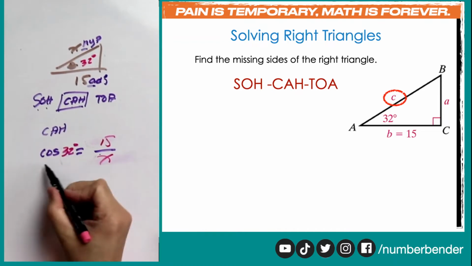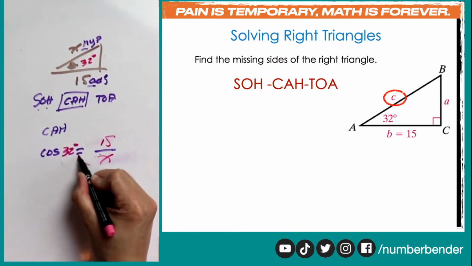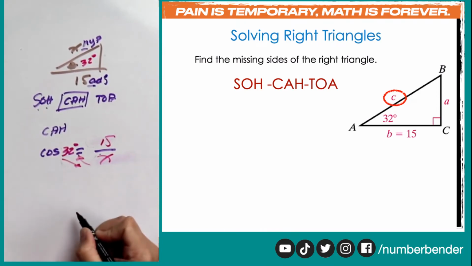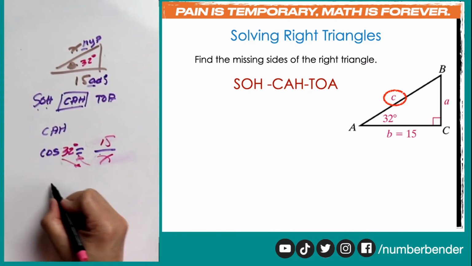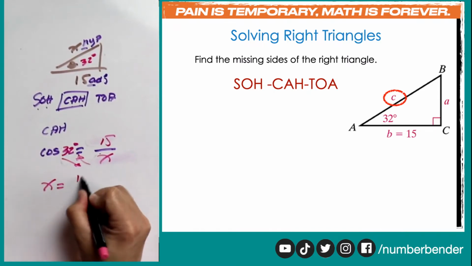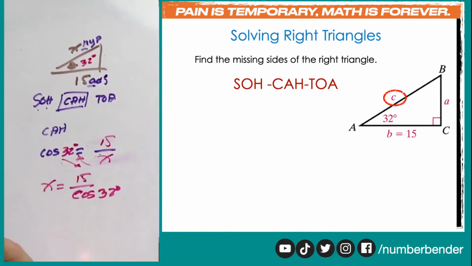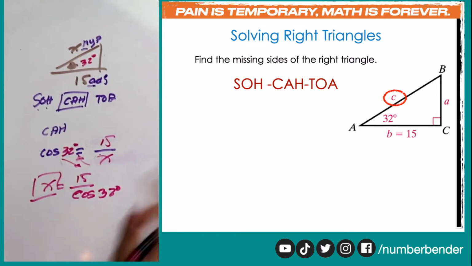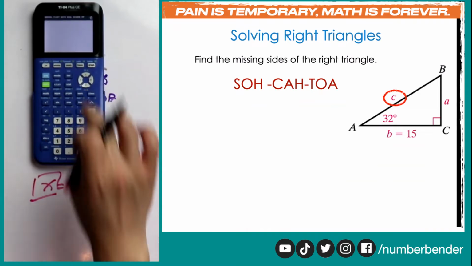And now that we have cosine 32 degrees equal to 15 all over x, we're going to be using cross multiplication and replace x and cosine 32 degrees so that we'll have x is equal to 15 all over cosine 32 degrees. And now that we have this x by itself, using technology, we'll be able to find the value of